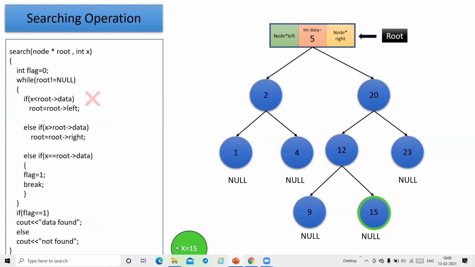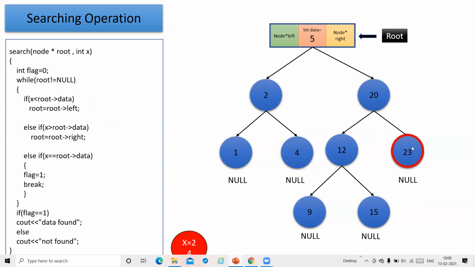Now we'll see one more case, for the unsuccessful search. Suppose I want to search for 24. First it will be compared with 5, and as it is greater, it will be shifted to the right side. Again 20 and 24 will be compared, and as it is again greater, this condition will become false. Now it will be shifted to this position.